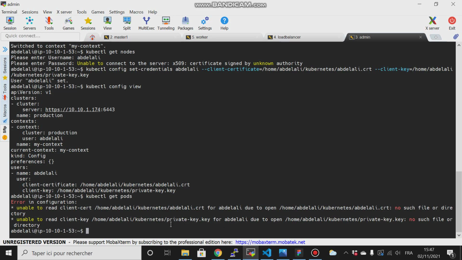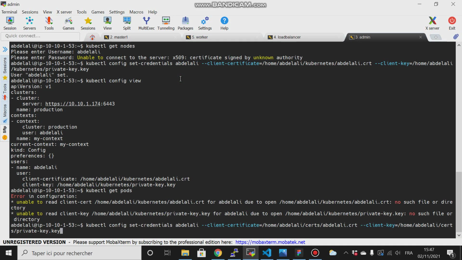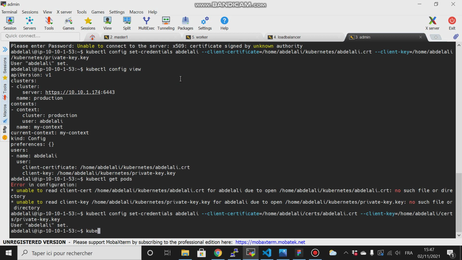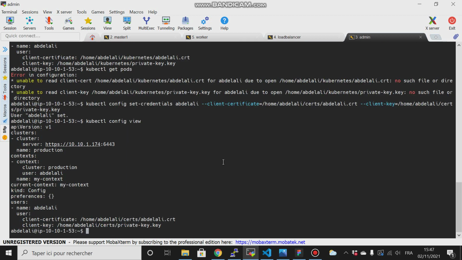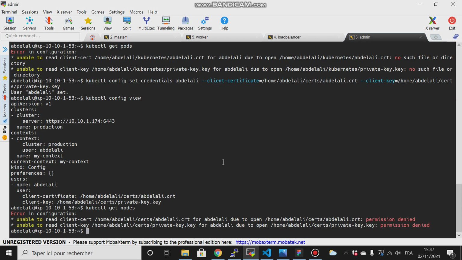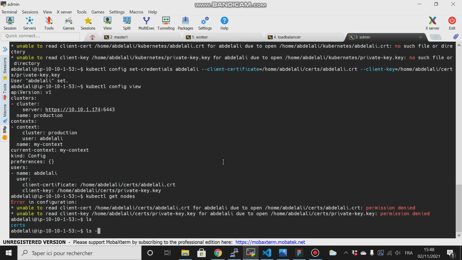Copy and paste that here, like kubectl config view, then kubectl get node. It's still telling me that, because if I try to list that,